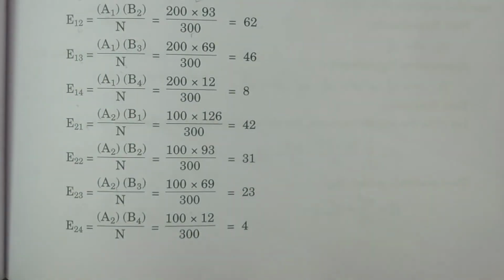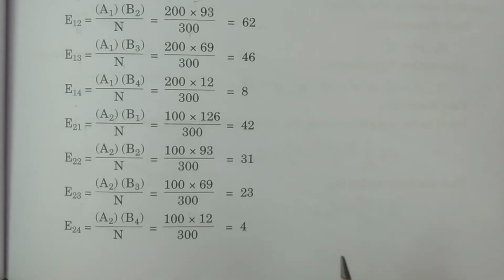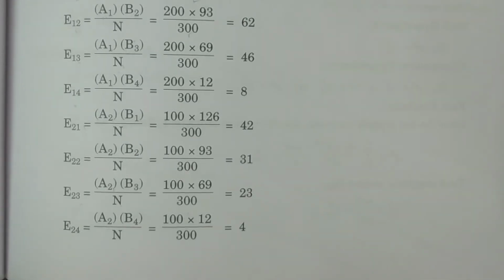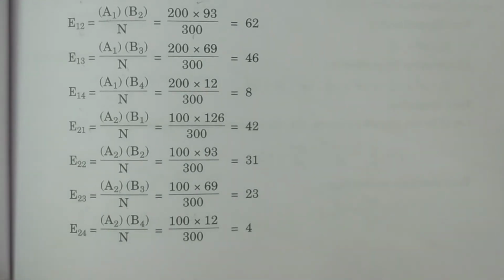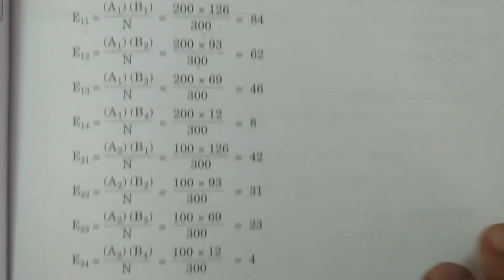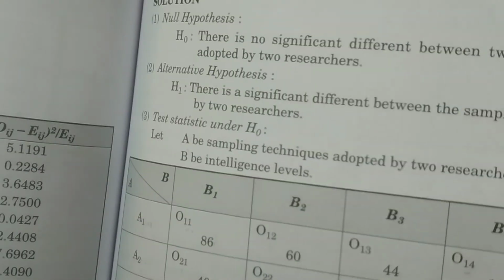How many O's are there? For every Oij, you have to calculate Eij. You have to calculate the same number of E's, expected frequencies. After calculating the expected frequencies,